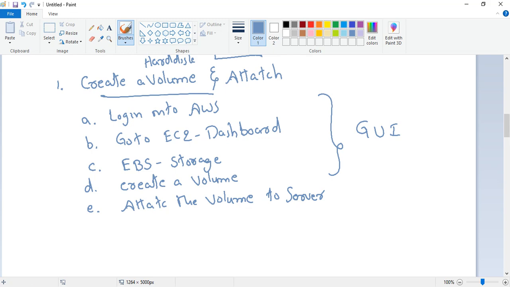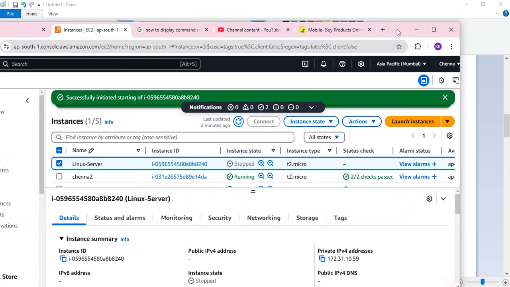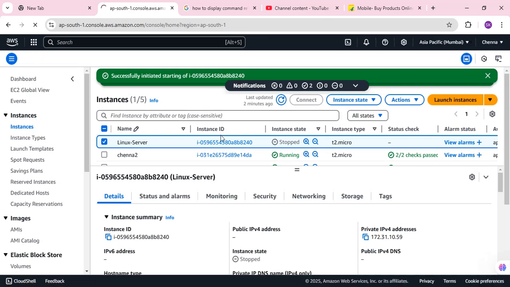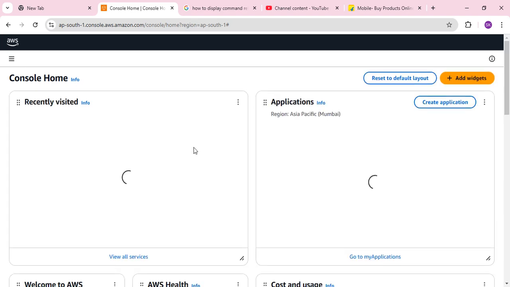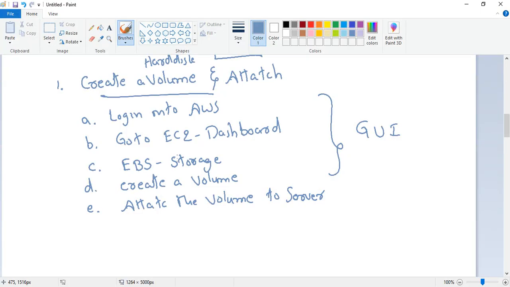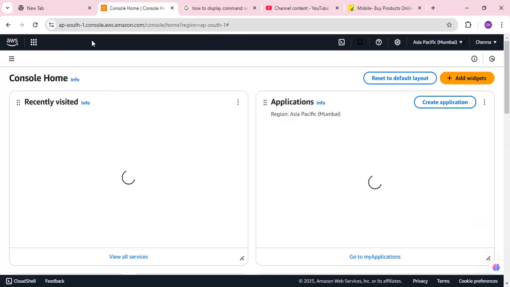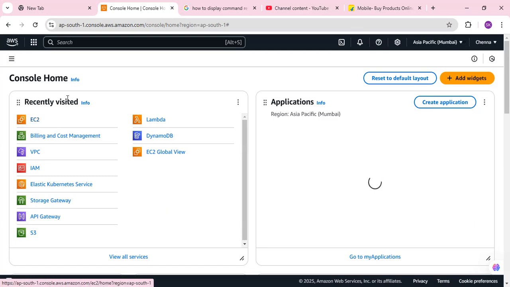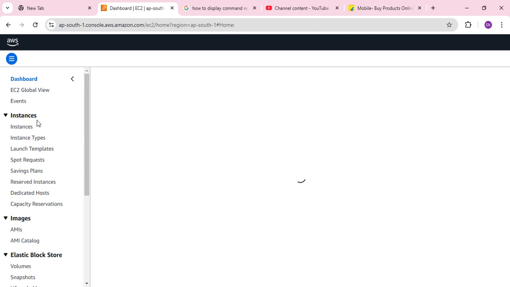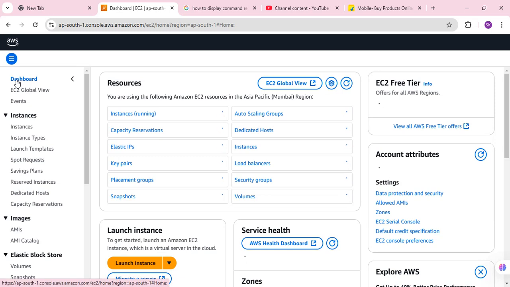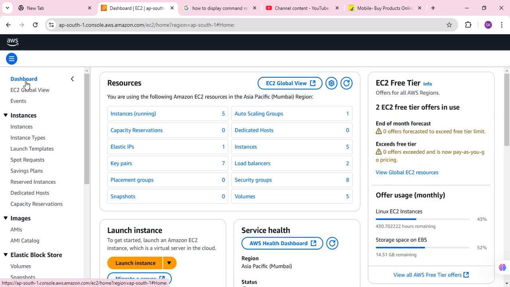I will show you now. Let me start my server again. Then I will show you. I already logged in, so the first step is done. The moment I logged in, I will be on my console home page. What is the second step? Go to the EC2 dashboard. Search for the EC2 service, or if you recently visited, click on EC2. The moment you click on EC2, it will go to your EC2 dashboard. See, you are under the EC2 dashboard. Now third step,